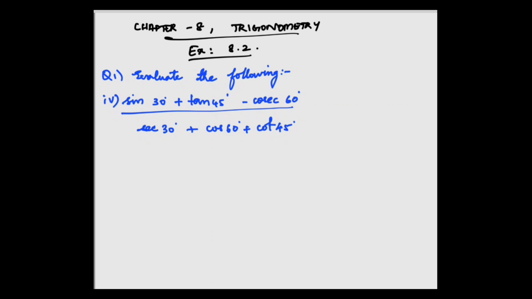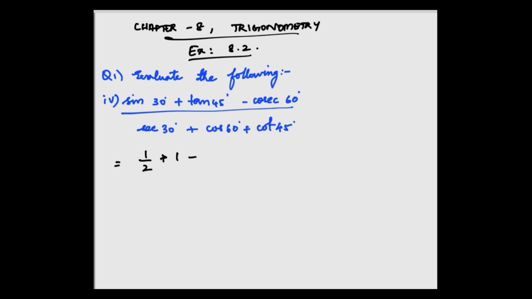Hello friends, in this video we will discuss the fourth subdivision of the first question of exercise 8.2, chapter 8, trigonometry. The question goes: evaluate the following: (sin 30 plus tan 45 minus cosec 60) divided by (sec 30 plus cos 60 plus cot 45). By substituting the values, sin 30 is 1 by 2, tan 45 is 1, minus cosec 60